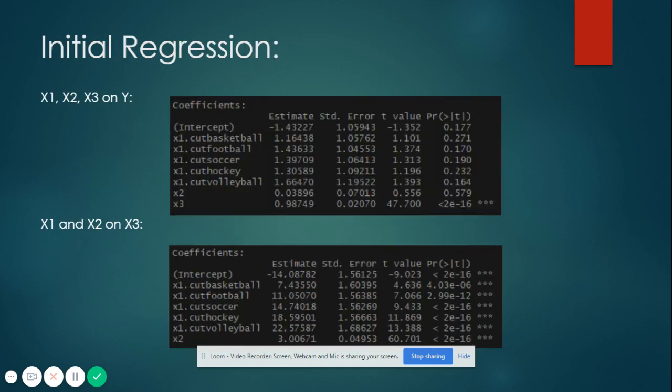So I ran an initial regression on these variables, and as you can see, all of our categories in x1 are non-significant when regressed against y. However, x3 is significant. And then when we run x1 and x2 on x3, we have significance all the way down. This helps to show that